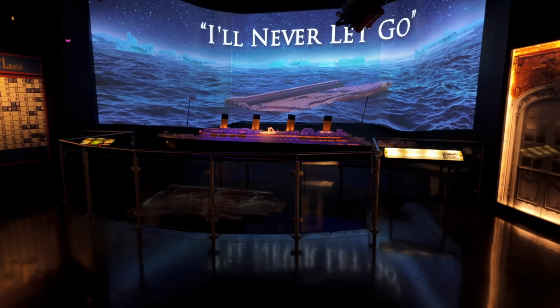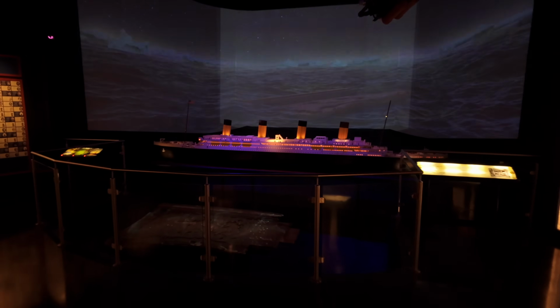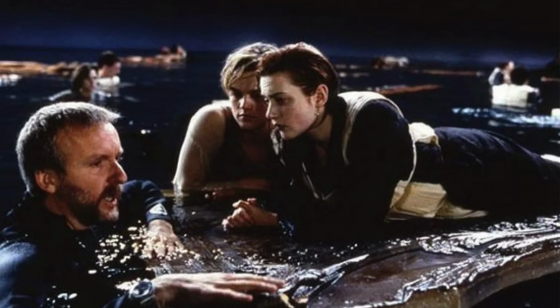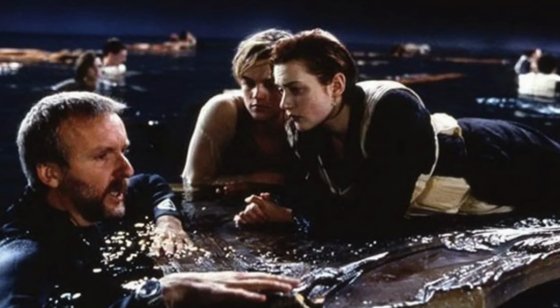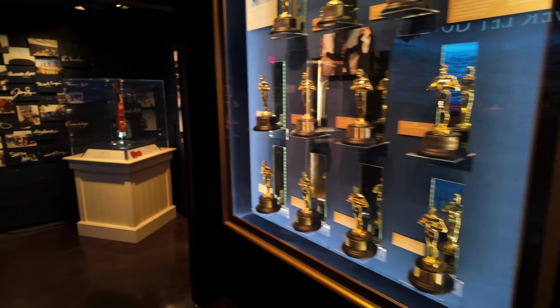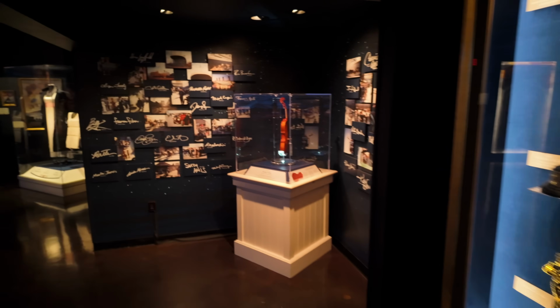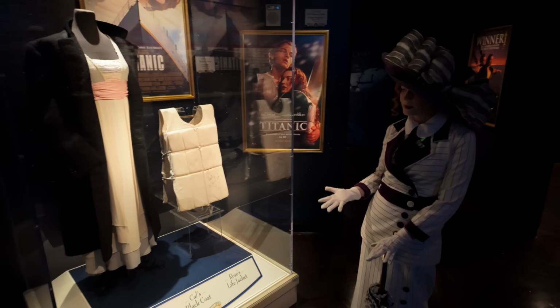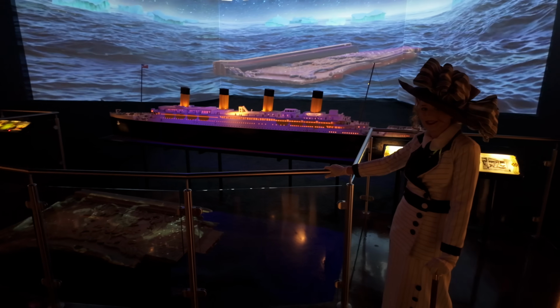I'll be showing you the actual door that they used in filming James Cameron's Titanic movie from 1997 that Kate Winslet and Leonardo DiCaprio used in the movie for filming. It's on display here, along with some of the Oscars that were won and other movie memorabilia. We'll also be chatting with Rose as she explains some of the items, and we get a closer look at